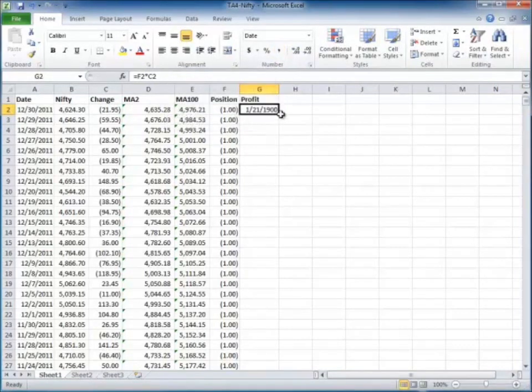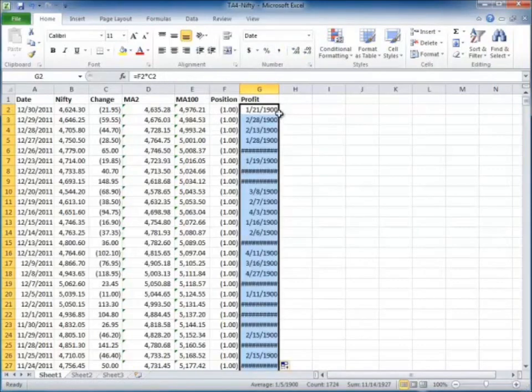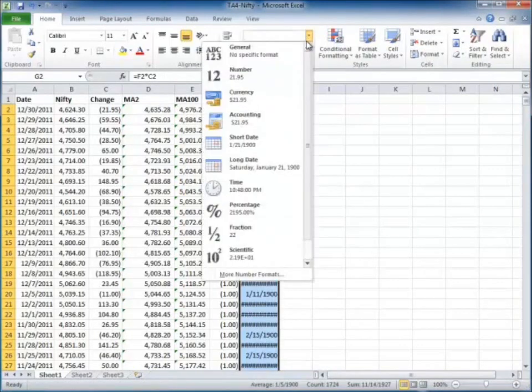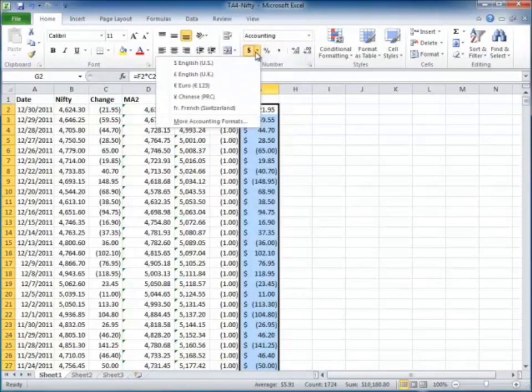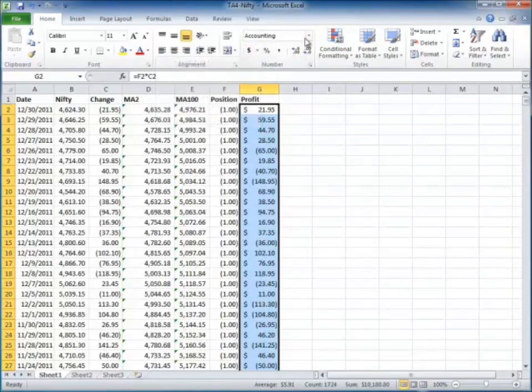Okay, now for some reason it's displaying this as a date. I don't know why. I will just change that to a number, without the $ sign. Okay, so we have profit here,